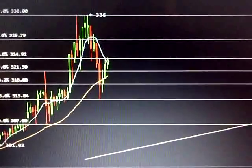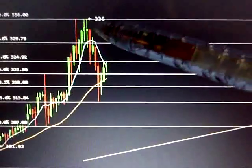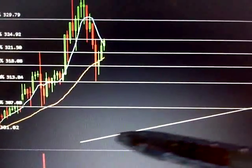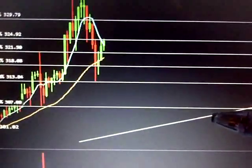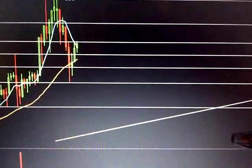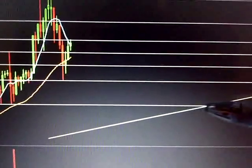And again, I'm just going to do the same thing, draw some trend lines. This is the recent one that I've been doing. There's another one further down, but I stopped redrawing that because it just seems to never hit until this actually breaks down. The price breaks down between this trend line,